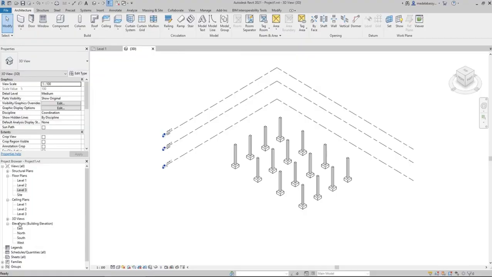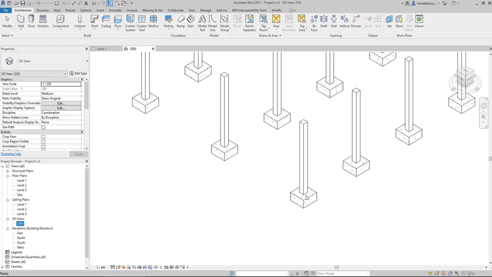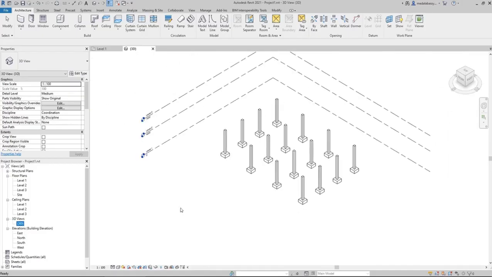So here we'll find it now in the project browser, and if you double click on it, it will open the 3D view. Now you can see they are connected to the footings,